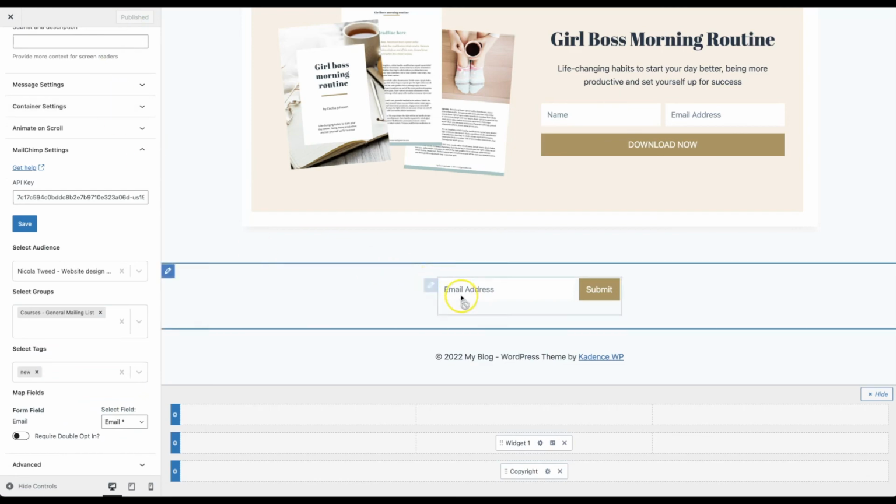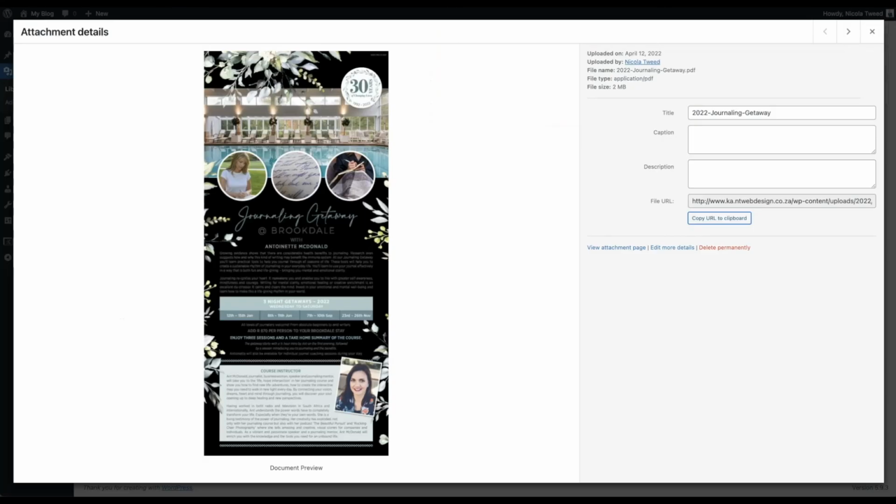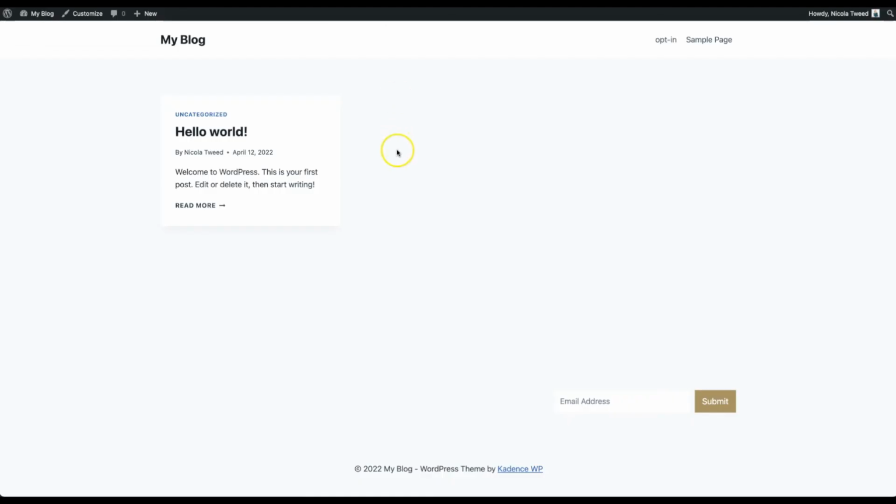I have added that into the footer of my website. Of course, I can just move that around if I want by clicking on it and dragging it there, and then just clicking publish. And if we head to the website, let's just head to the website and have a look at that. There it is there. And if someone pops in their email address, that is then going to redirect them